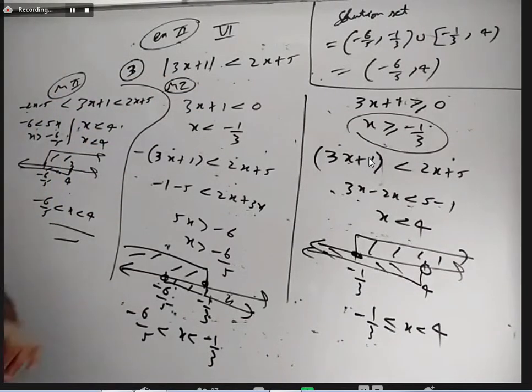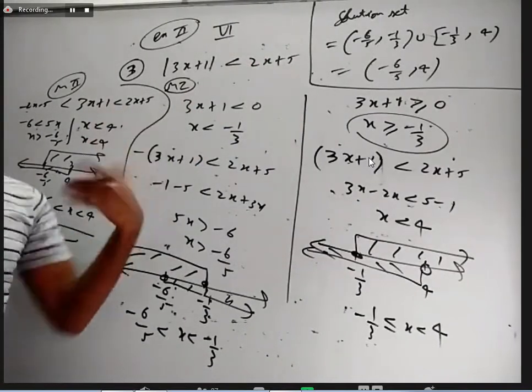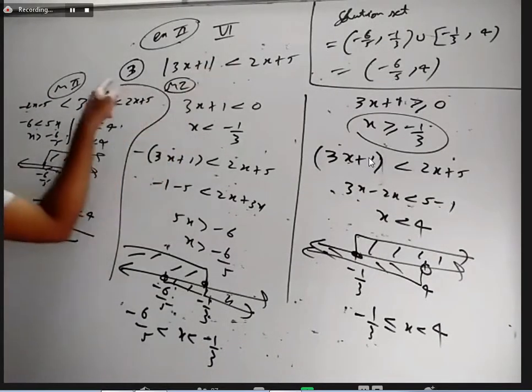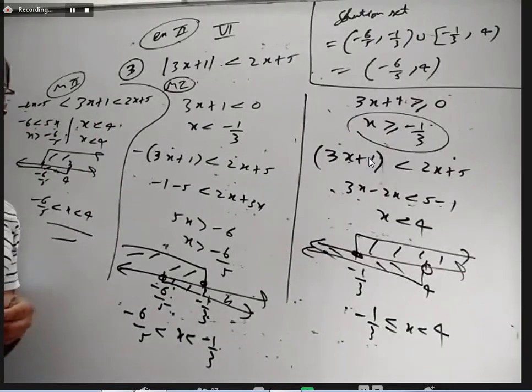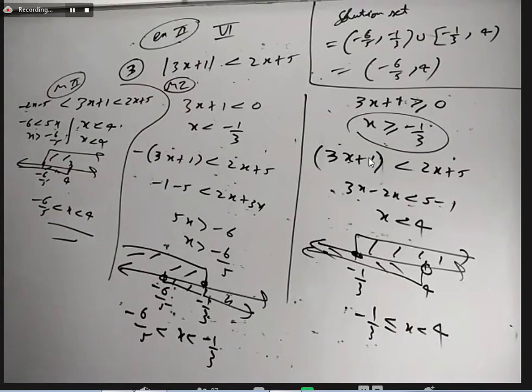As I said earlier, this should be positive. That is very important. We did not take care of it, but indirectly we have, because when this is less than, this should be positive. It is already there in that. But when it is greater than, writing this kind of thing sometimes will have some problem. All right. So only for less than we'll do like that. Mod x less than k, we can write x is between minus k to k. Here it comes as a very short solution. The second method.